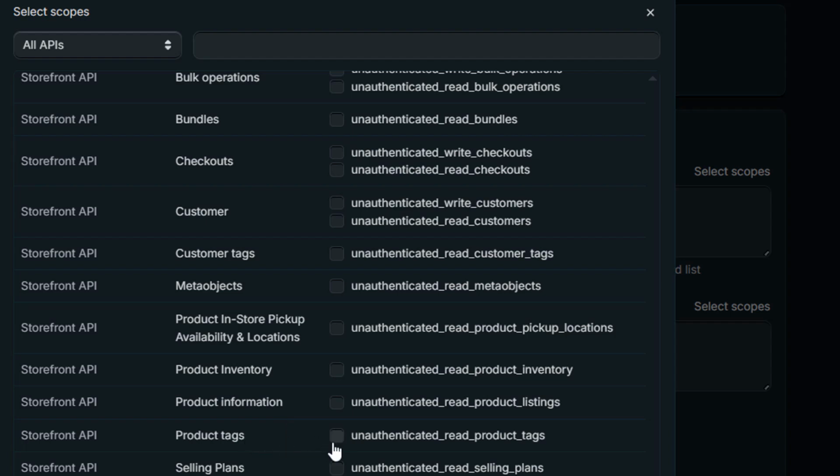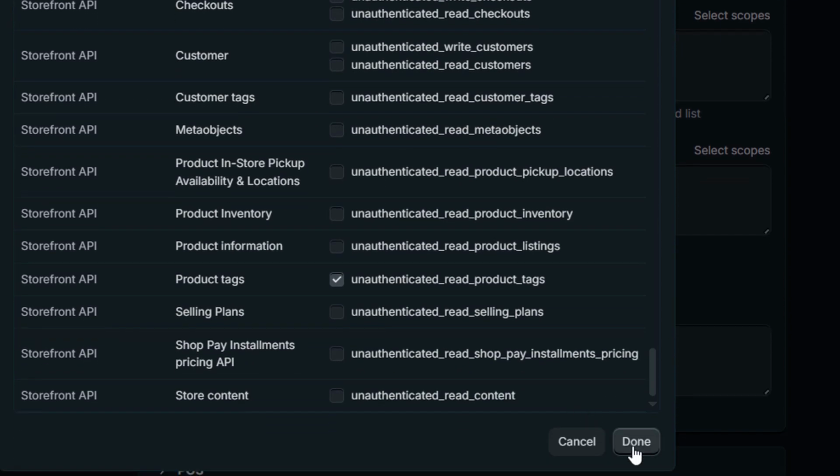Okay, I can also select product tags. You can select all the scopes as per your requirement. Okay, that's all. Now let's finally click on this done